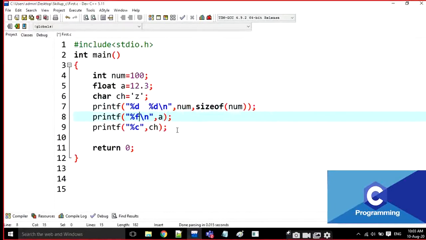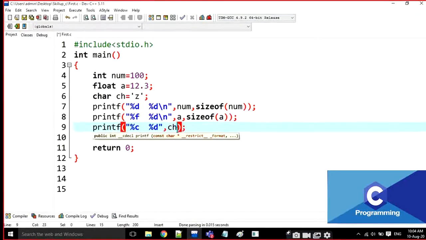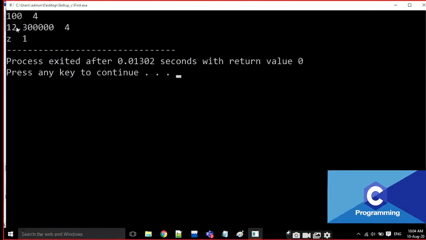Okay. %d, size of a. %d, size of ch. I am going to execute it. Look at the output here. For integer it is 4 bytes. For float it is 4 bytes. For character it is 1 byte here.